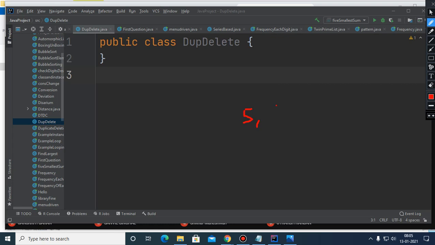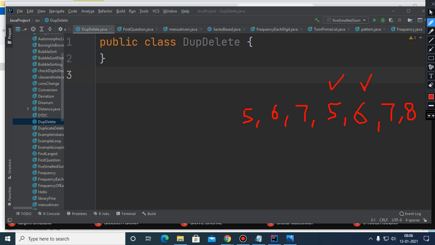So the question was: 5, 6, 7, 5, 6, 7, and suppose 8. These are the elements within an array, and you can see that there are some duplicates. This is one of the duplicates of 5, and this is one of the duplicates of 6.